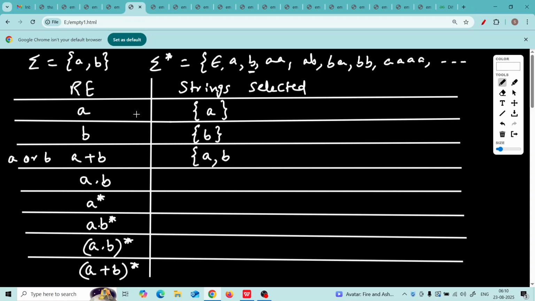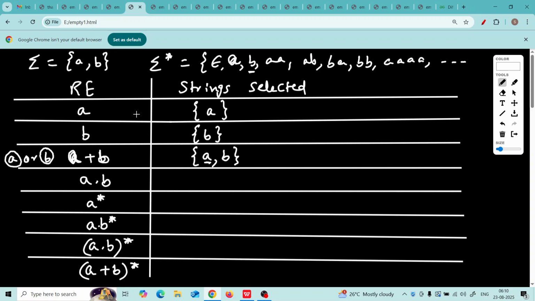So which strings will be selected? A comma B. Now or here means that all those strings will be selected which match the first regular expression or the second regular expression. Now A or B here means that when you take this string A, then A matches at least this A. It doesn't match B, I agree, but it at least matches A, so A is selected.